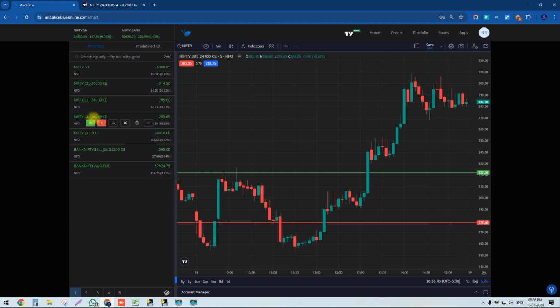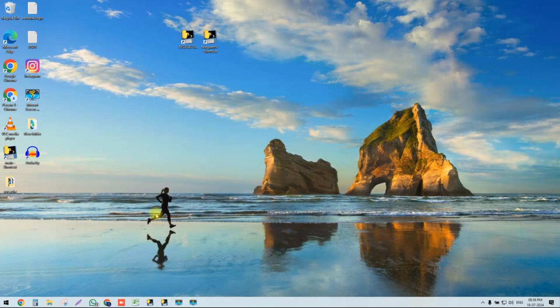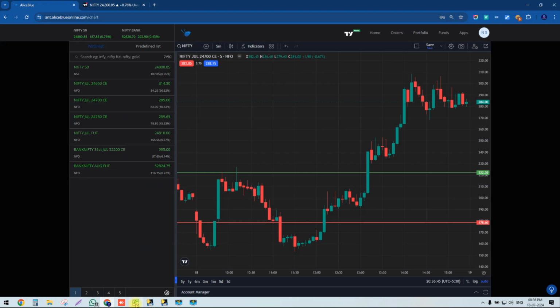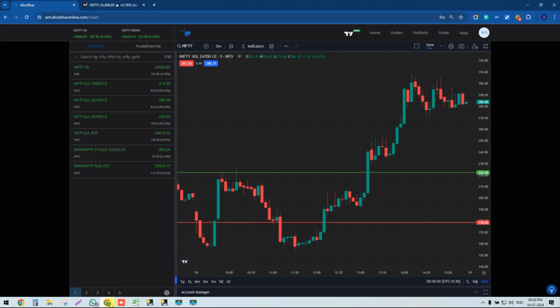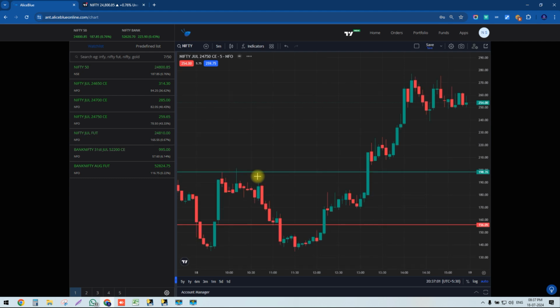Now next we'll go for Nifty June. Strike price is 24,750 call option. You can see here once again, 750 call option and buy rate was 198. I made everything ready to make it a little faster, because you should be a little faster to see how our Excel Algo trade will work.